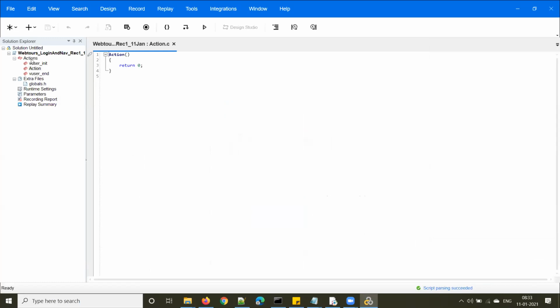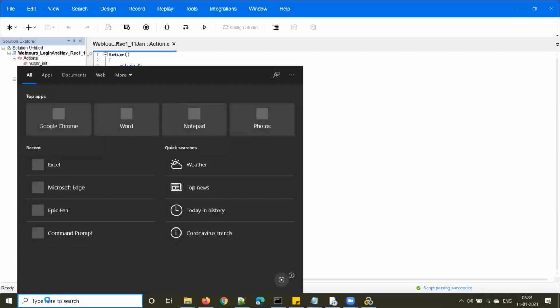Once you give the script name, an empty script will be loaded like this. If you observe, the left side window is called Solution Explorer, right? So this left side window is called Solution Explorer.